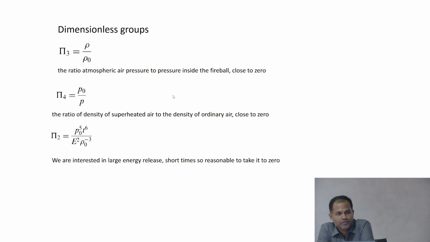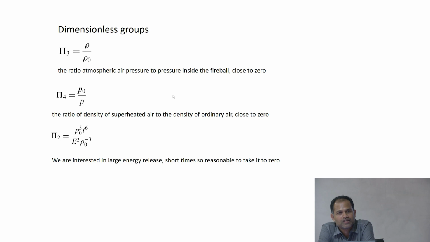There was a non-dimensional number that was the ratio of the densities. So if you look at it as density of the outside air by density of that fireball, that's going to be extremely small. Because you have a large amount of gas in a small amount of space. So is pressure.